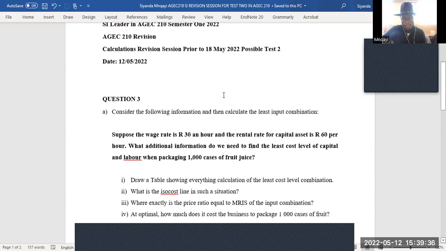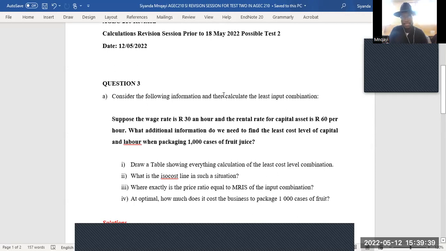So let's look at this problem and see how we can solve it with the least cost combination table that is about to be used. Suppose the wage rate is 30 rand an hour and the rental rate for capital assets is 60 rand per hour. What additional information do we need to find the least level of capital and labor when packaging 1,000 cases